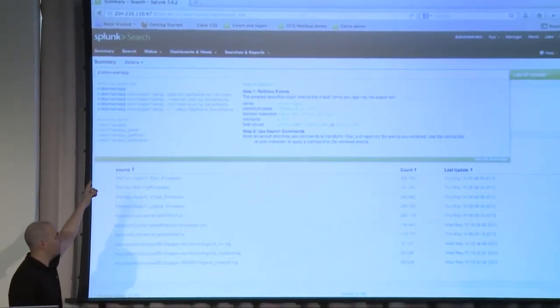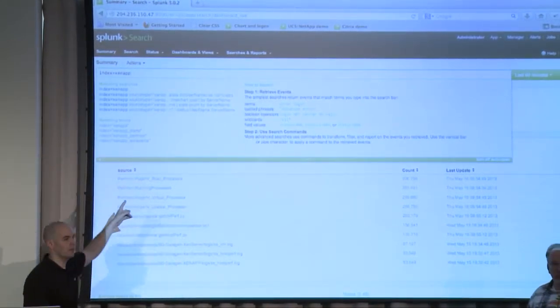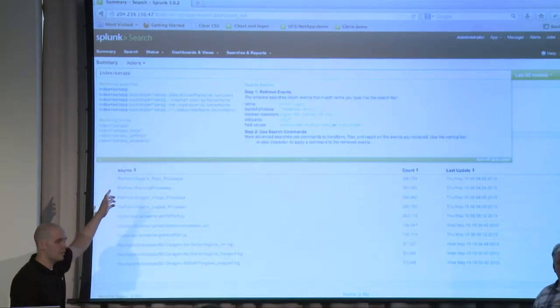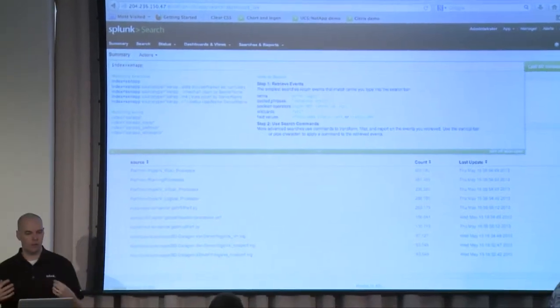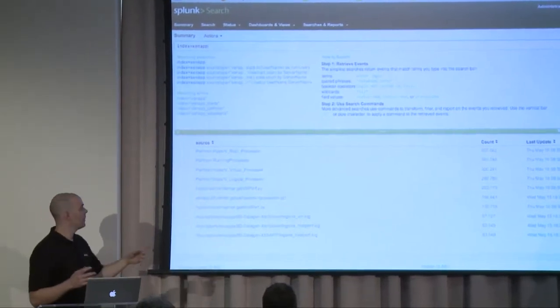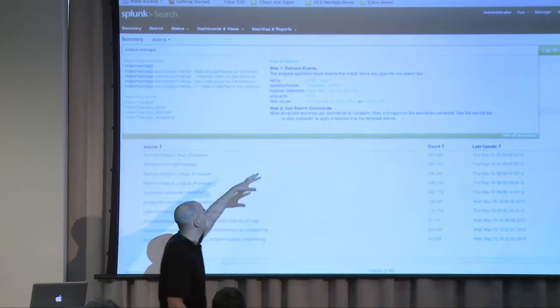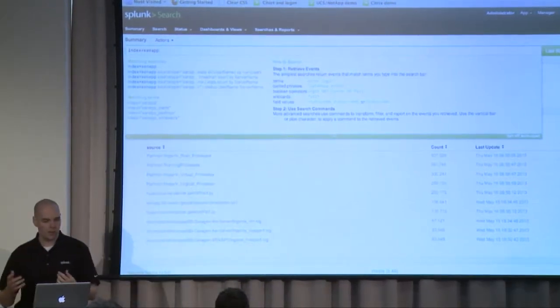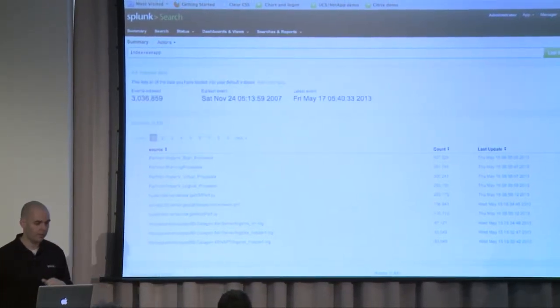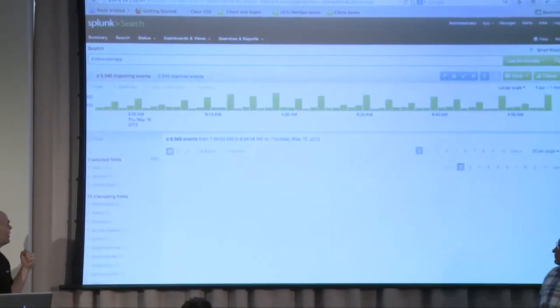Also, what you'll notice is as I type, we have this IntelliSense type thing going on. So as you start to type a command, it's going to show you, as you're typing, what are some relevant things here. And it'll show you some autocomplete suggestions, and here's some documentation about what you're typing. So what I'm going to do here is press enter on index equals XenApp, and I'll get some stuff back,